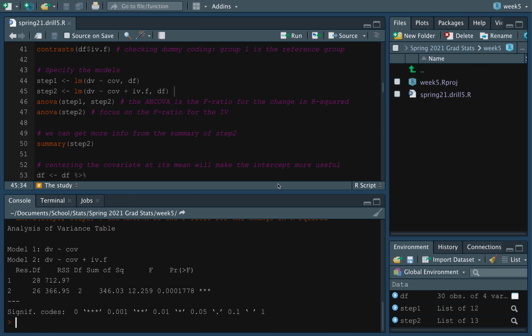Or, that change in R squared, is that significant? And the answer is yes, it is, which is really not surprising that a model that has our primary independent variable in it predicts something better than just the covariate, although that is good to know, because then you could at least say,